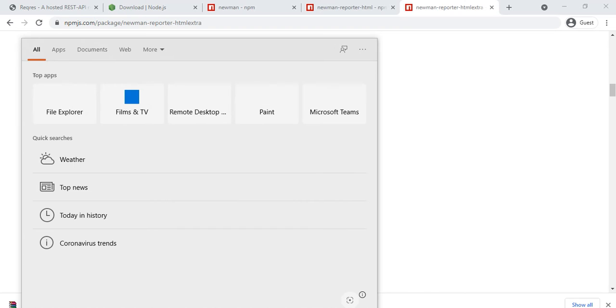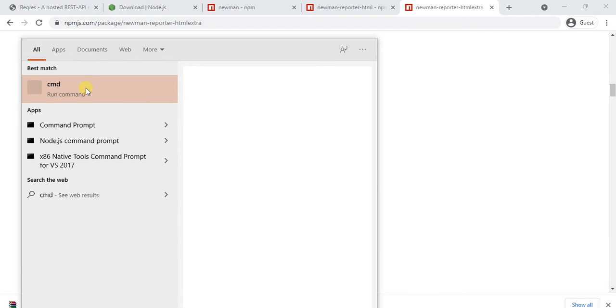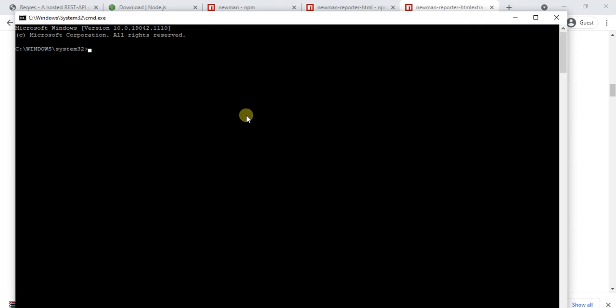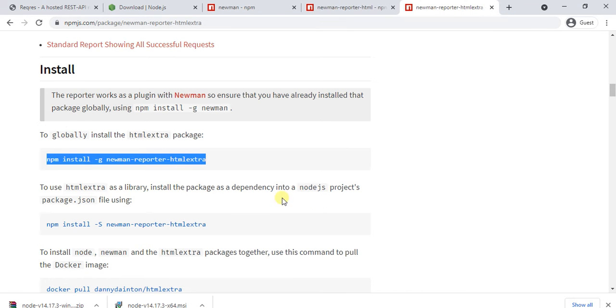I have copied it. Let me open the run command. So just add this one and run, because in my machine I have already installed it. Similarly you can add this one and then press enter.